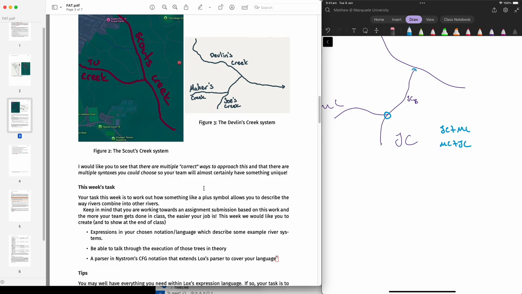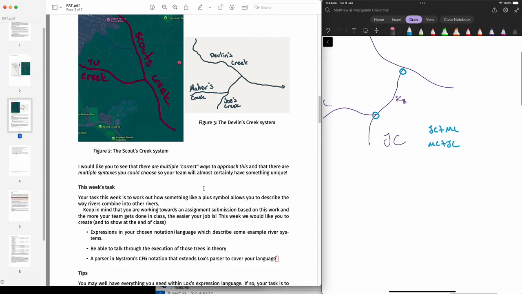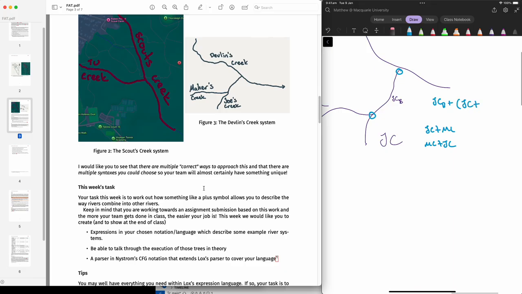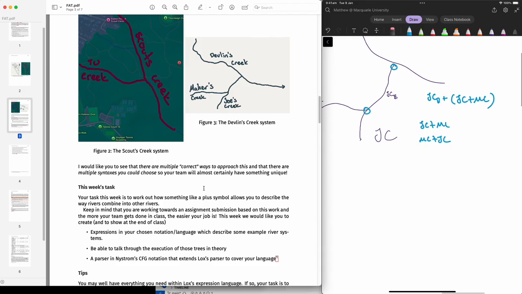But my expression for the flow down here was JC bottom plus JC plus MC. And it's actually not okay, really, to start swapping these around into other forms. If I got rid of those parentheses, because they don't need to be there from a mathematical point of view, I might be tempted to write JC plus JC bottom plus MC,